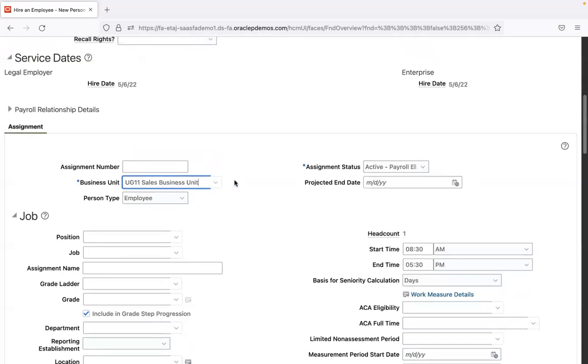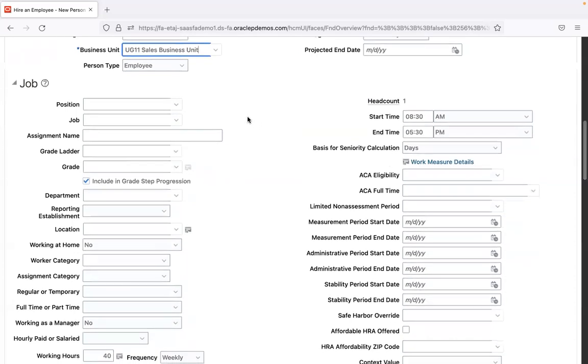And the moment you select a business unit, remember, you see a wheel spinning for a moment. What happens is that the list of values available in all these drop downs would change, especially job, grade, department, and location. These four business objects are controlled by reference data sets. So the list of values available in these drop downs would change based on the business unit that you are selecting. Since I selected the UG11 sales BU,